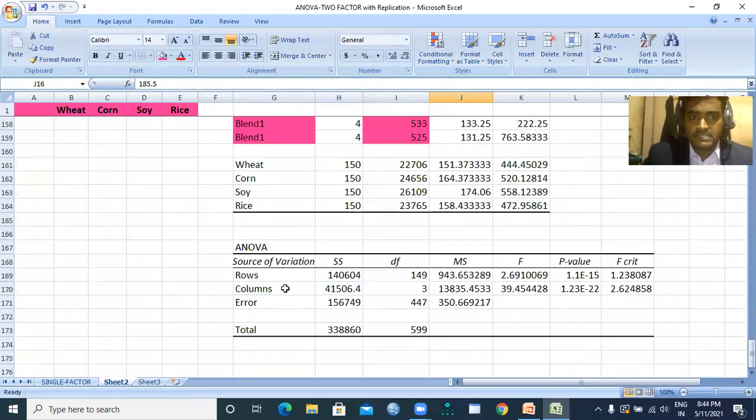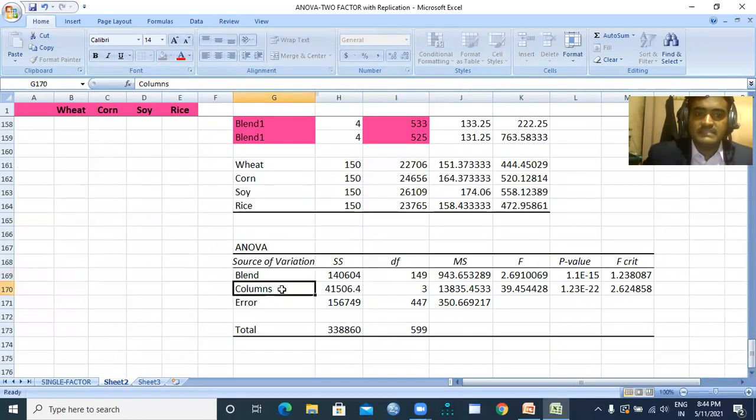See here, the ANOVA table, the sources of variation: rows call for blend, that's what we call the type of fertilizer, and the column stands for crop.